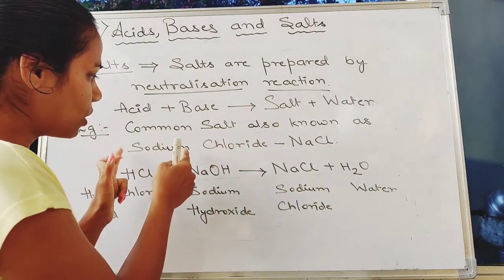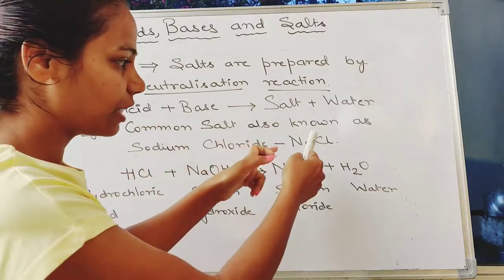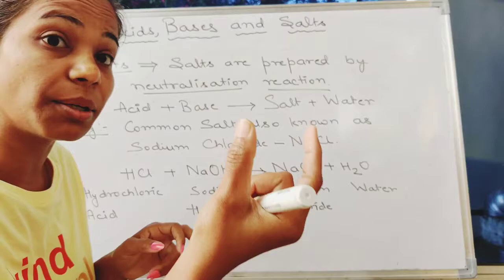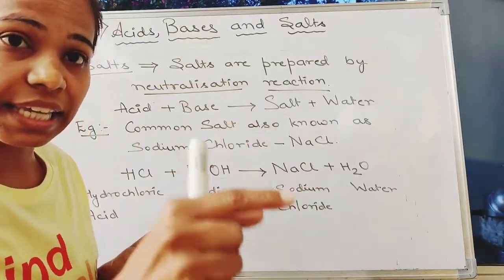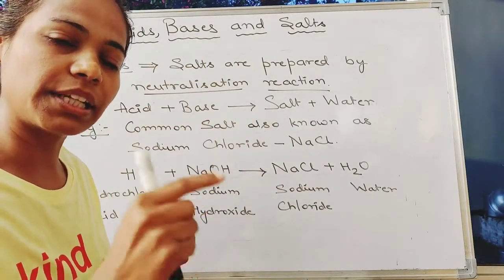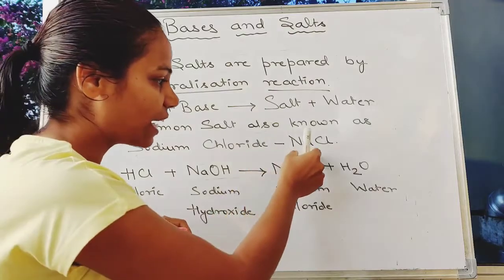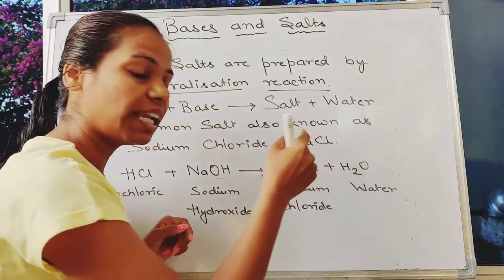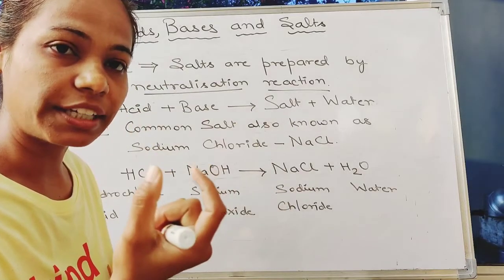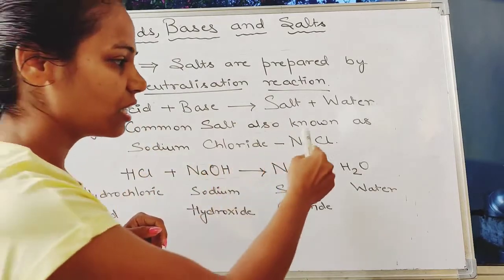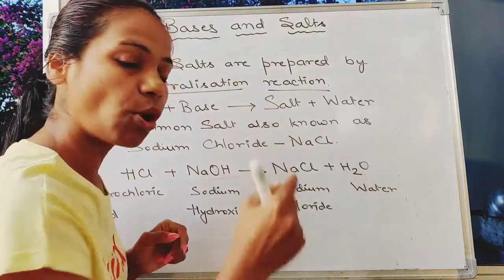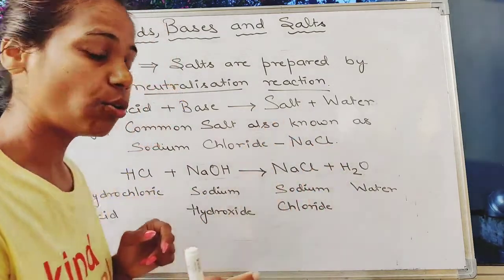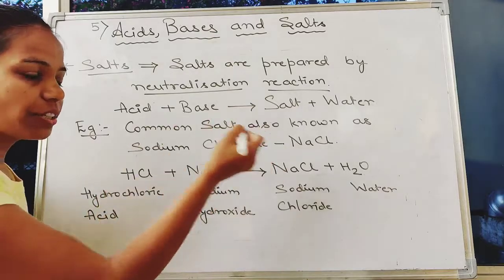And we used to call sodium chemically, we had given up the name as natrium. So from that word we had taken the prefix Na. Okay, N is capital, A is small. So natrium, for chloride we had taken Cl. The letters that we had taken to make the formula is capital C and small l. So it forms NaCl. Okay. And how does it form, children?